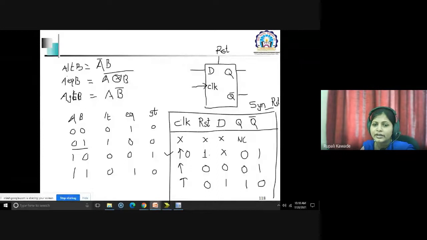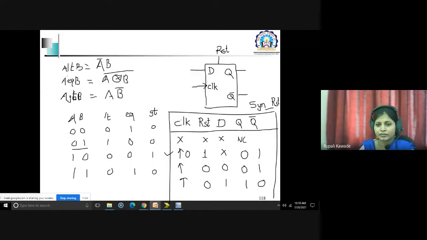So the reset input does not depend upon your clock signal, so we call it an asynchronous reset. The moment you apply a reset signal, at the same moment your Q output will be 0. For other cases, your output changes only at the active edges of your clock signal. It can be either the positive edge or the negative edge.